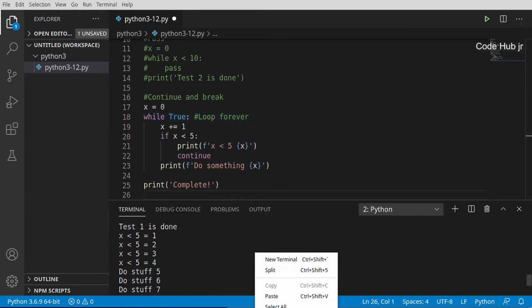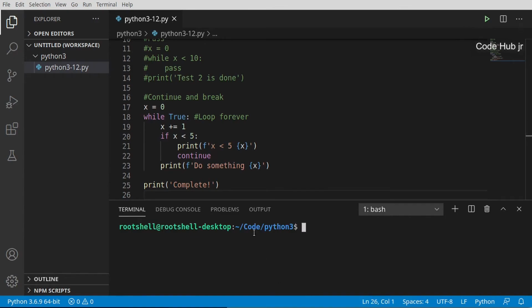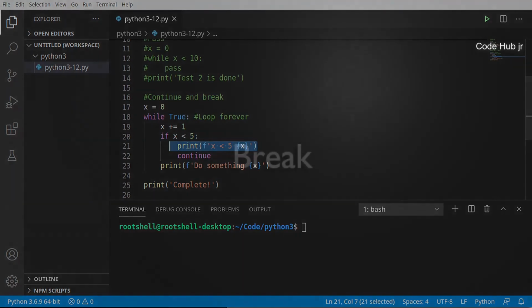Let's go ahead and clear this out and see this in action here. Uh-oh, you notice how it's working exactly as we expect it would, because the computer, while very fast, is very dumb. What's going on here is it's saying, if x is less than 5, print it out and then just go back to the beginning. So we're still in continual loop land. We need to fix that.